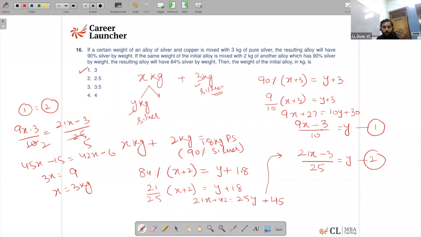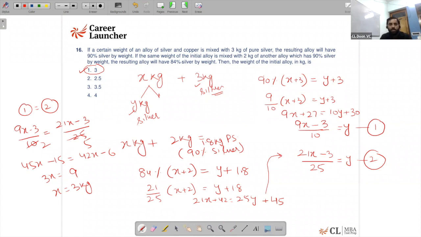But let's say, if I have to play with the options, because that is also one of those things that we can always apply in order to get an answer in a lesser span of time. So I have to identify the weight of an alloy, and the 4 options are given. So let's take the first option. If the weight of an alloy is, let's say, assuming 3 kg. Okay, I'm just picking the first option. What I'll be doing is picking those options which are complete integral values, so that my calculation is slightly on the easier side.